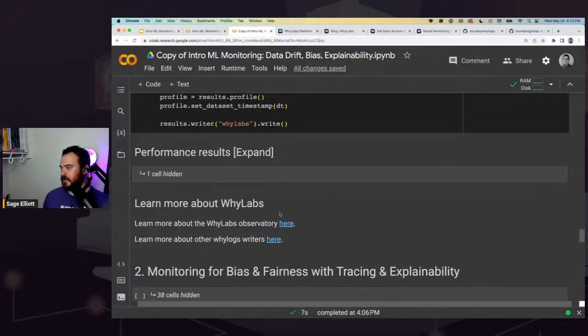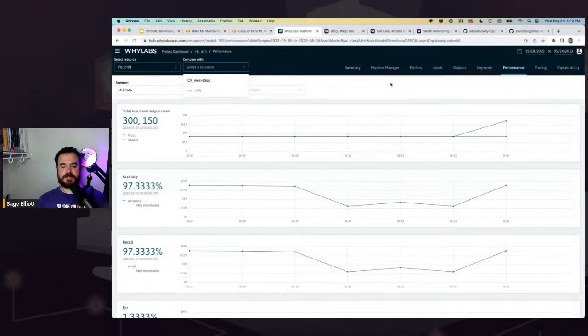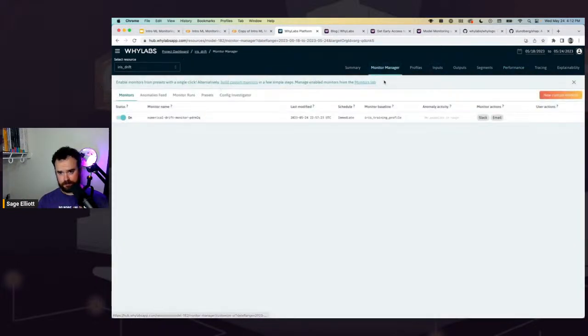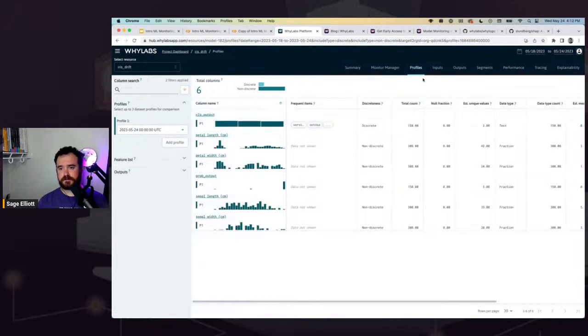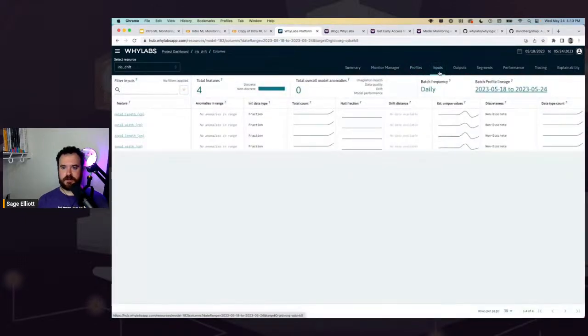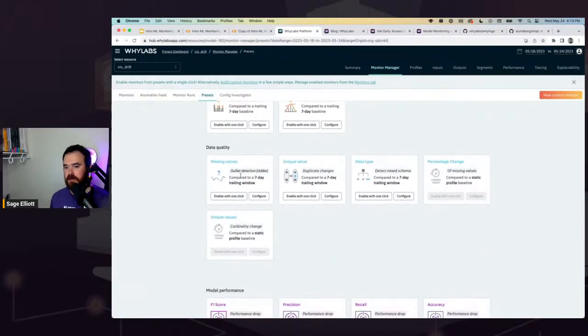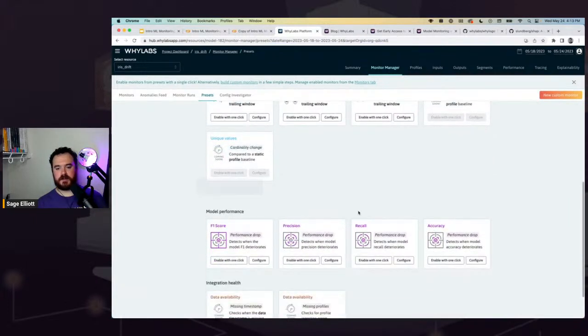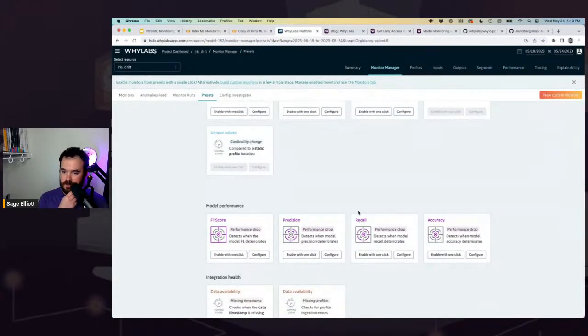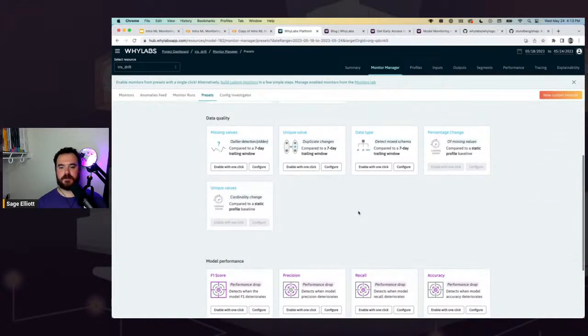Anything for model drift other than data drift? So yeah, we're not able to go through every single way of setting up drift in here, but if you go into the monitor manager, for example, and our documentation, there'll be a lot more around custom monitoring metrics that you can set. So you can set different types of metrics and ways to detect drift in your data. One thing too is if you go look at these presets, there's some stuff around data quality that you might want to be looking at. And also you might want to be looking at different ways that your models are performing. And you could also set something up about looking at your model outputs.